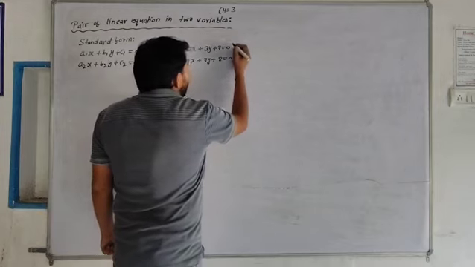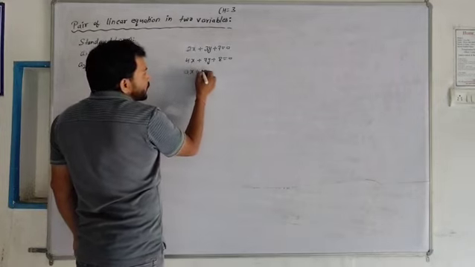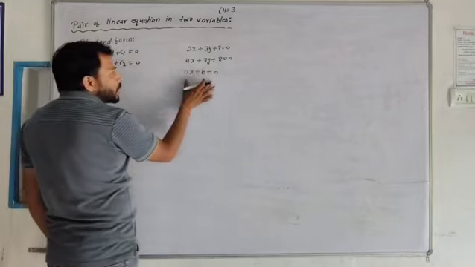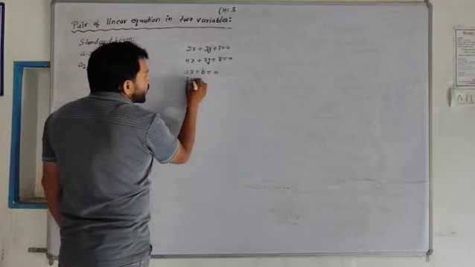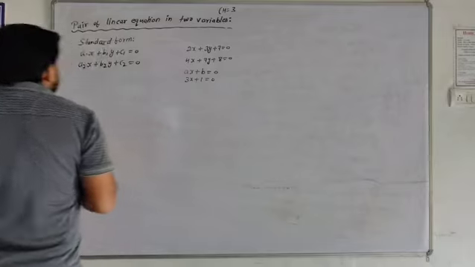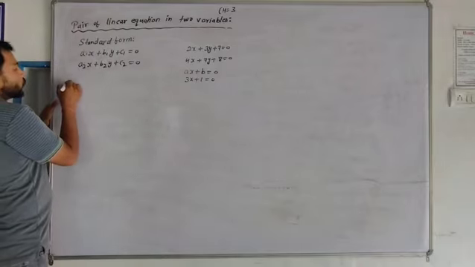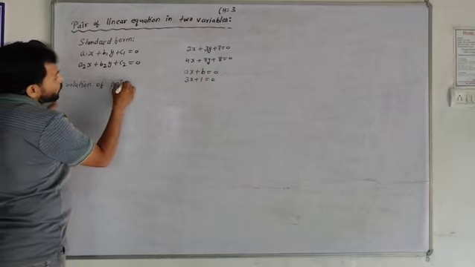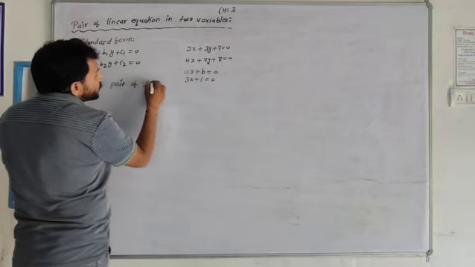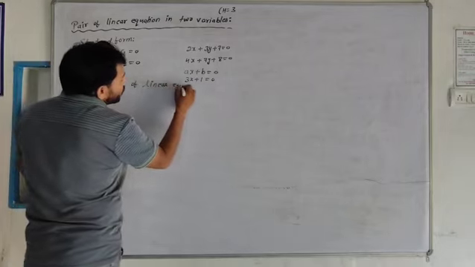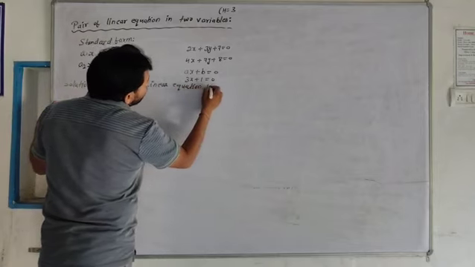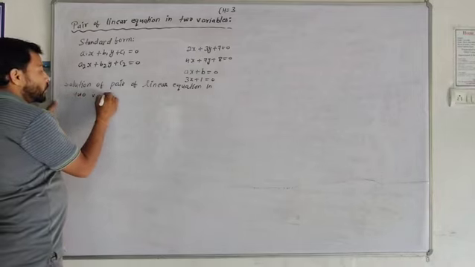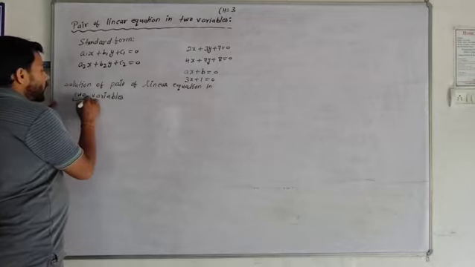In the previous chapter we discussed ax + b = 0. This is a linear equation in one variable, right? For example, 3x + 1 = 0. Now we find the solutions of a pair of linear equations in two variables. All right.